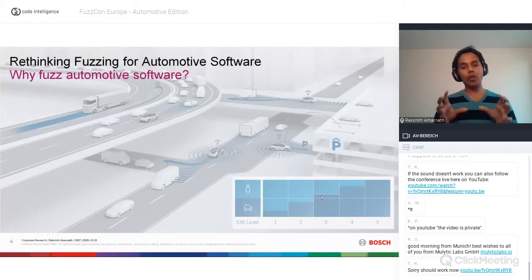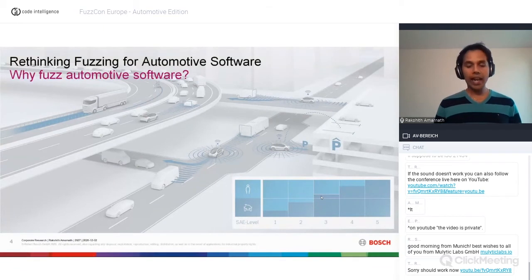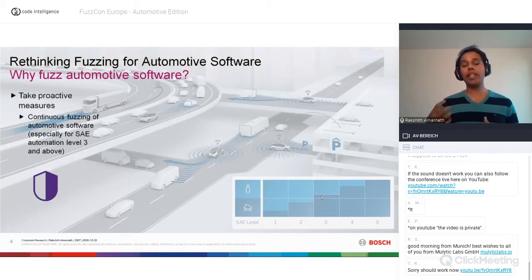So for software driving these kinds of cars, it's very important that they have really high assurance. We see fuzz testing as one of the key techniques which allows us to find subtle vulnerabilities as well as robustness flaws in automotive software, which is more or less above SAE level 3.